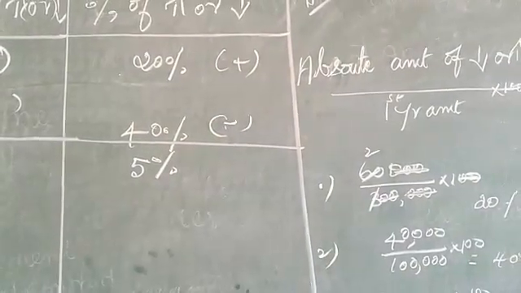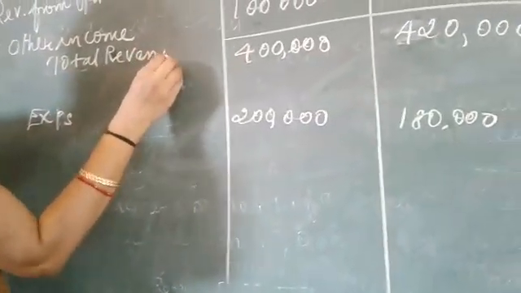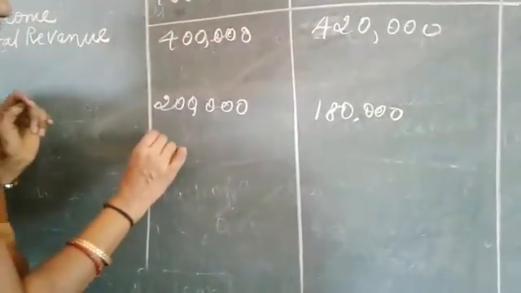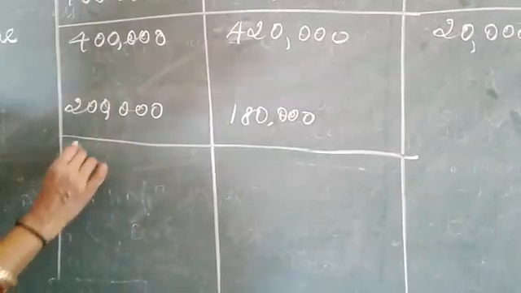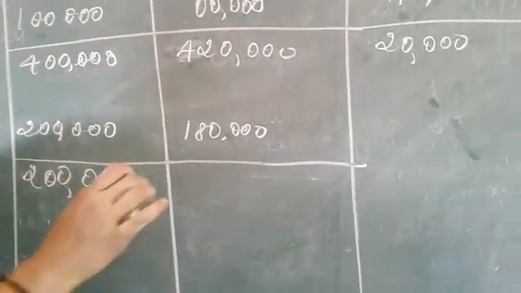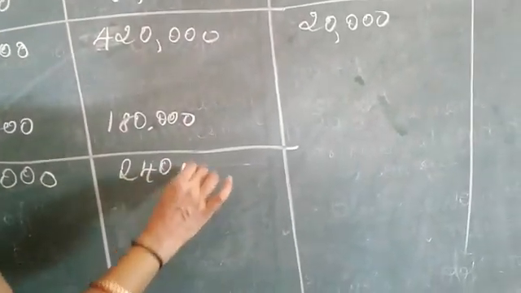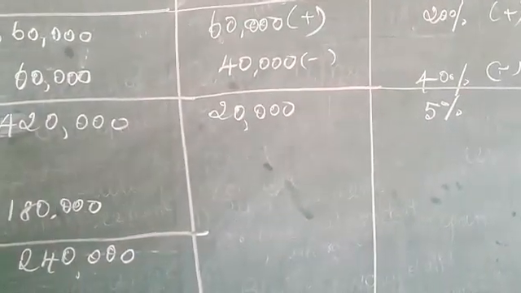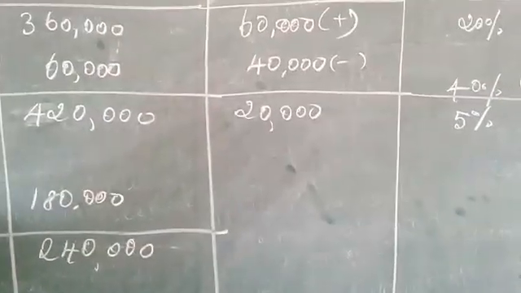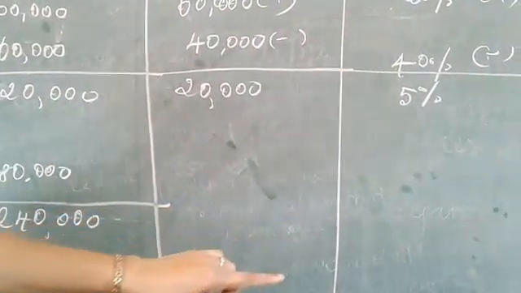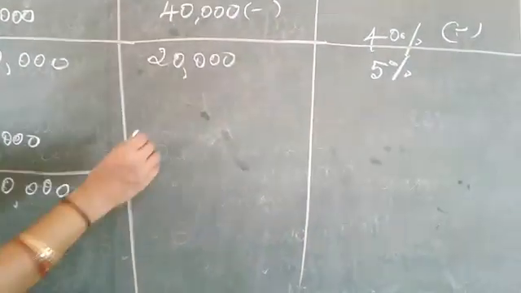Okay, next step, it is what? Total revenue, isn't it? It is the total revenue. From here, what we are going to do? We are going to deduct the expenses, everything which was given in the sum itself. If we are deducting, what is that amount will come? Yes, 2 lakhs. Here is, yes, 2 lakh 40,000. Can you tell me the answer for amount of increased or decreased value for the third column? The same method you have to apply and find out, isn't it? 40,000 by 1 lakh, 40%, then what you have to do? Yes, 20,000 by 4 lakh, what it will come? Yes, here also 20,000.